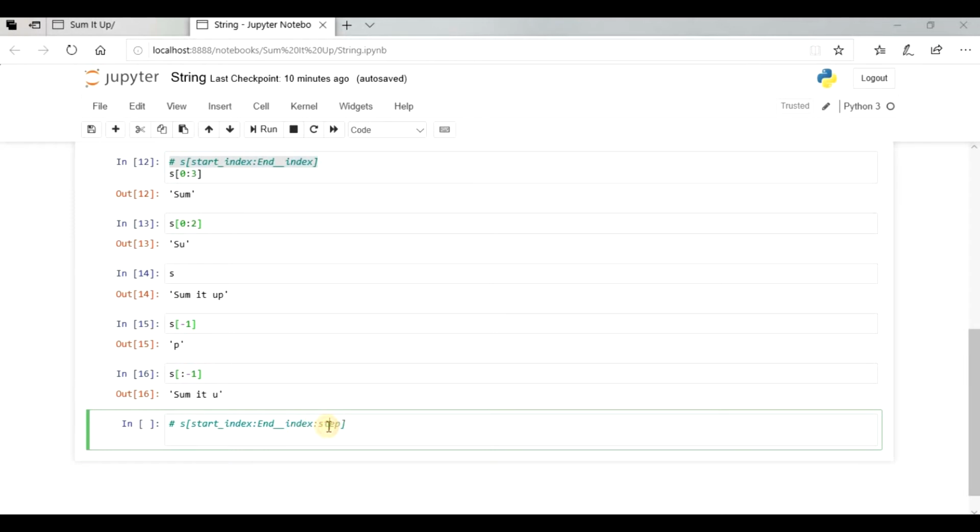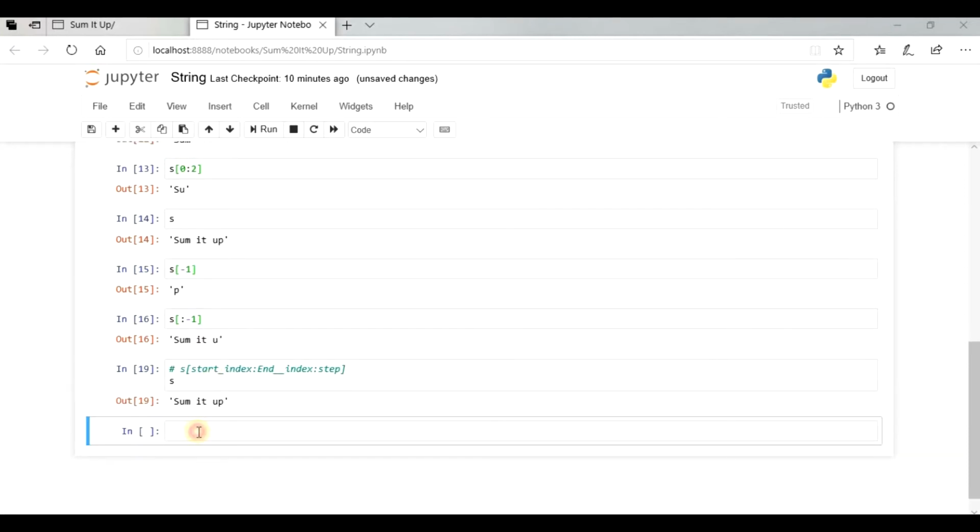This step is the same as what we talked about in the range method. So let me print S here. Now what does this step mean? Let me show you by an example. Put S, now put a colon. This means you want to grab everything from the start to the end, and then again you put a colon, and say for example you put a step as 1.